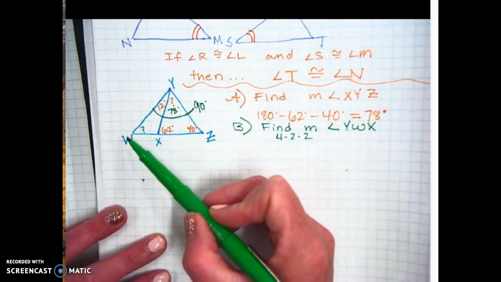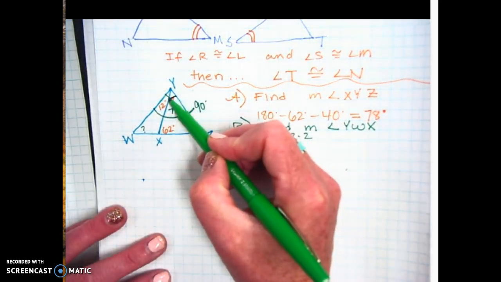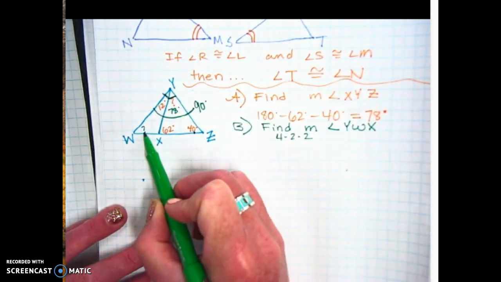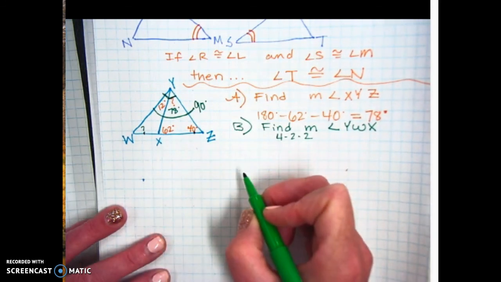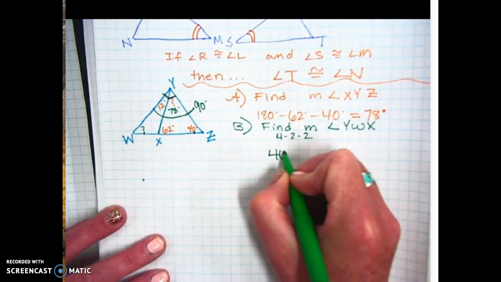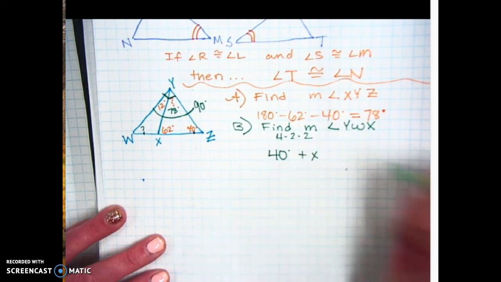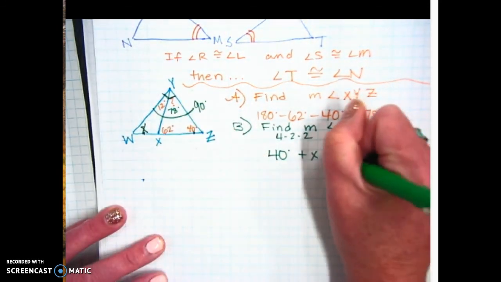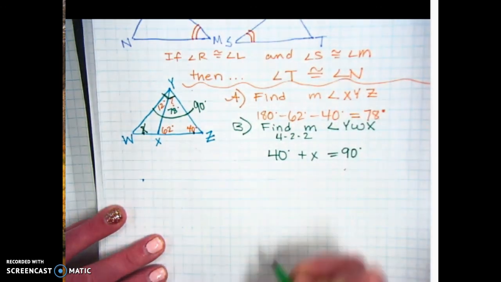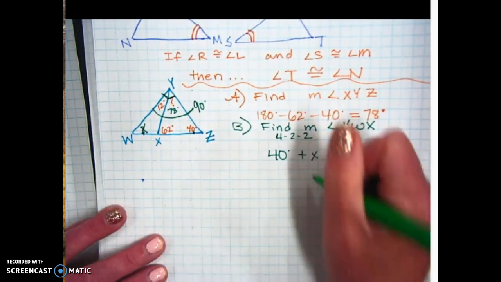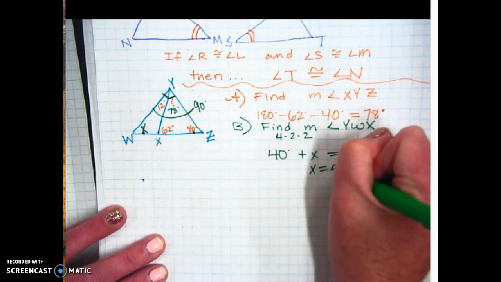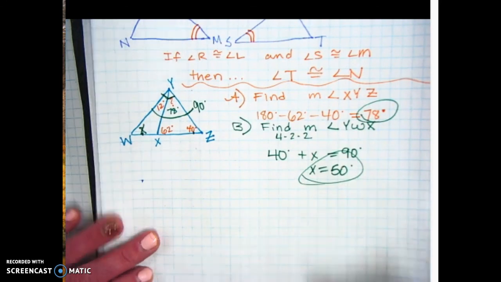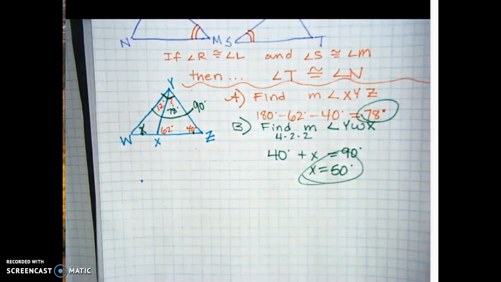So if you look at the right triangle, and here's the right angle right here, that means that this angle and this angle should add up to 90, right? So we're going to say 40 degrees plus X, or question mark, whatever you want to call it. We'll change it. Let's change it to X. Should be equal to 90. So what's that measure? 50. So we got a 50-degree angle in there, okay? All right, any questions